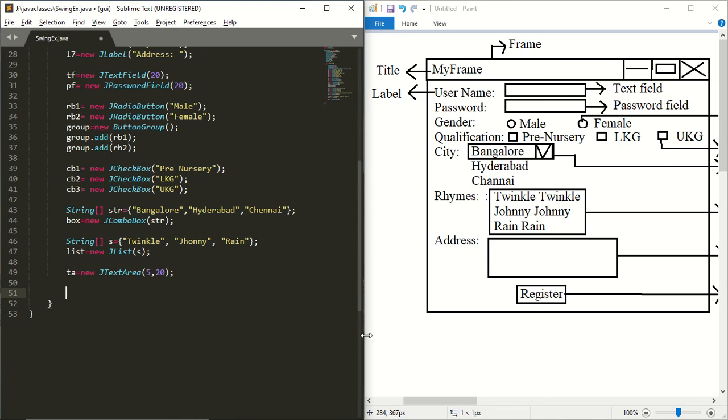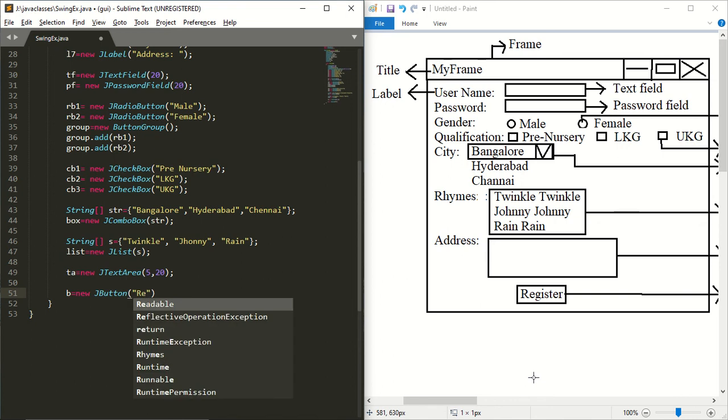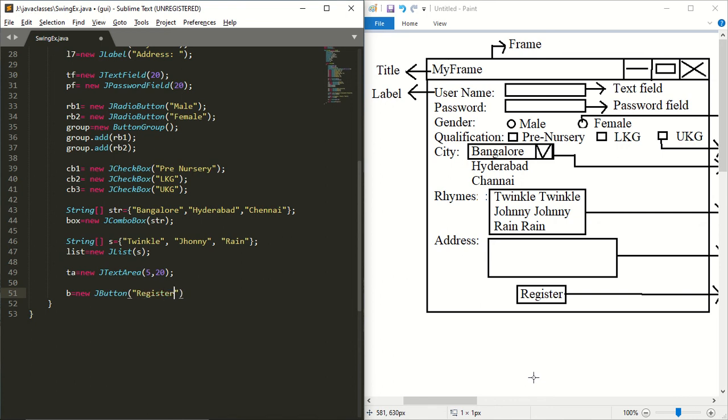Next we should create a register button. That is b is equal to new JButton of, and the name of this button is Register. Okay, now the register button is created.